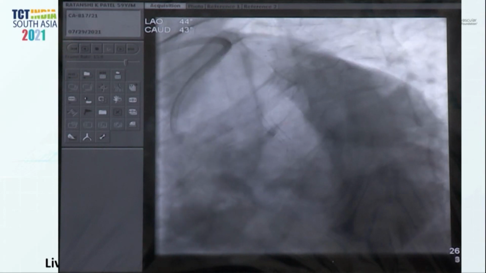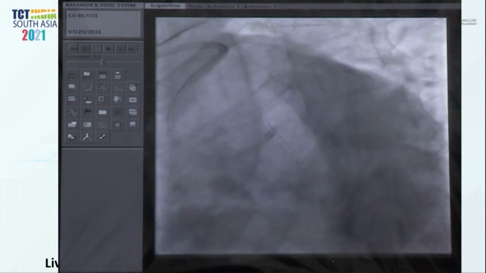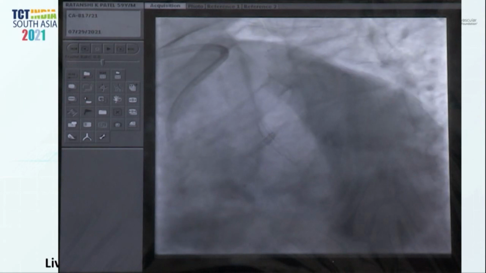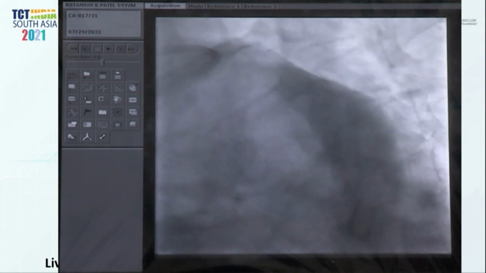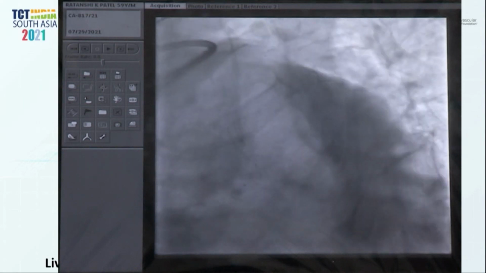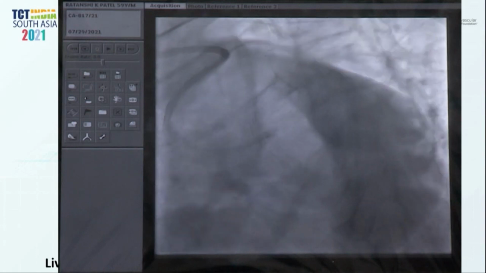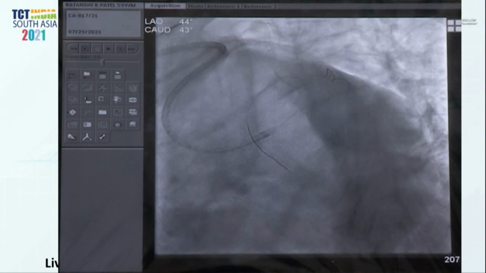So in this case, I would definitely go provisional. We have done exactly the same. So what we have done is the diagonal was quite tight, 90%. We have just dilated at low pressure, 4 atmospheres, and it has opened up well. We'll see how it looks in a picture. And then if it is fine, I would not do anything for the diagonal because diameter wise, the diagonal is not very big. Go with the main vessel stenting and then see how the diagonal behaves, and maybe a provisional strategy just to open up these struts in case it gets pinched significantly.